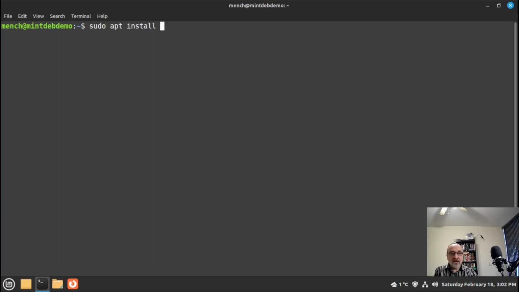Or, like we installed iMwheel before out of the Synaptic Package Manager, you could type in iMwheel like that and install it. So anyways, now that Git is installed, you could type in this fork command, git clone